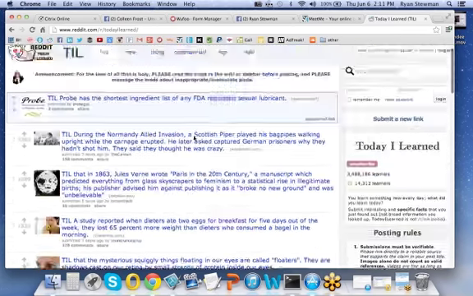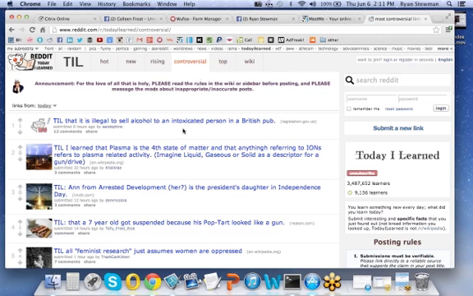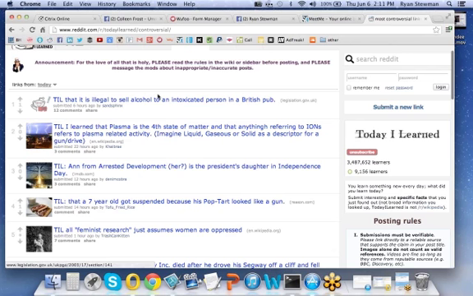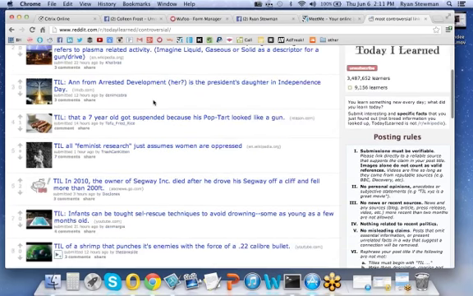Then you can go up here, and the way that they break these down are hot, new, rising, controversial, top, and wiki, right? Things from Wikipedia. So I like controversial, right? That fits me pretty well. And so let's just see what it brings up over here. So it is illegal to sell alcohol to an intoxicated person in a British pub. Now, how is that possible, right? So that's something that you could really spin an oxymoron type of a funny thing on. So it just gives you little interesting facts and things like that.